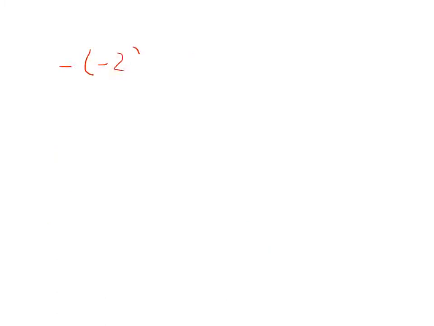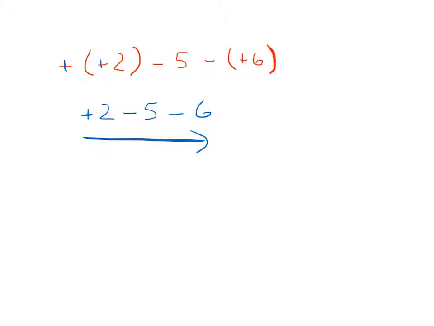Minus a negative 2 minus 5. The opposite of a positive 6. Alright, so I should rewrite this then. Down below, I've got these two negatives in a row make a positive, so I've got a positive 2 minus 5 minus positive 6, which will be minus 6. Order of operations says I should do this from left to right. So a positive 2